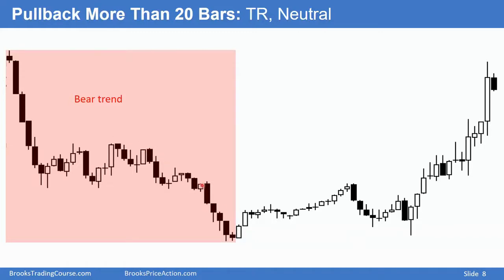You could say the trading range lasted all the way to here, so more than 20 bars, getting close to 50-50 chance the bulls will get a reversal. However, I still believe the odds are more likely that the bears will get the bear breakout. Even when a pullback goes 20 or 30 bars, I still think the odds slightly favor the trend that preceded it. Here we have a pullback that grew to 20 or 30 bars. It's close to 50-50, probably a little bit higher for the bears, maybe 51 or 52%. The trend will resume down, maybe 48, 49%, it will reverse up.